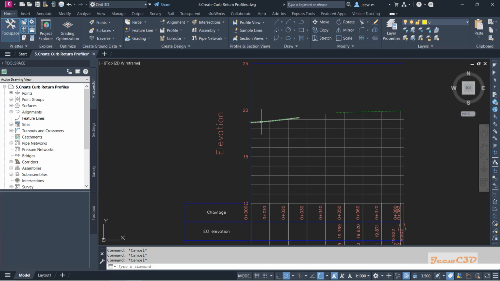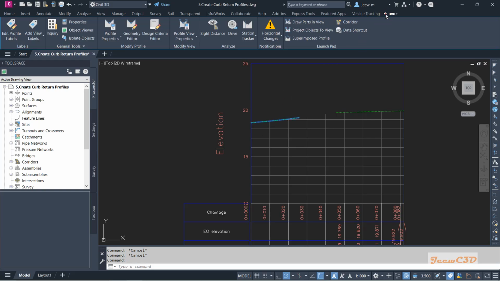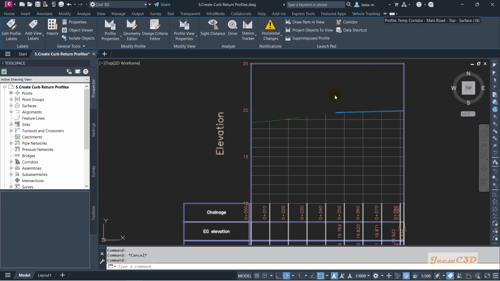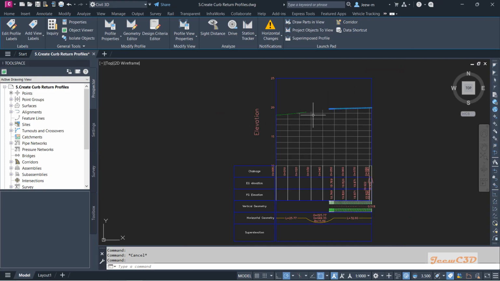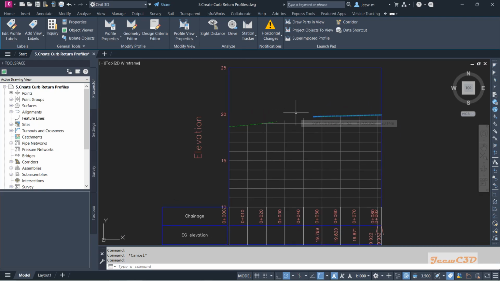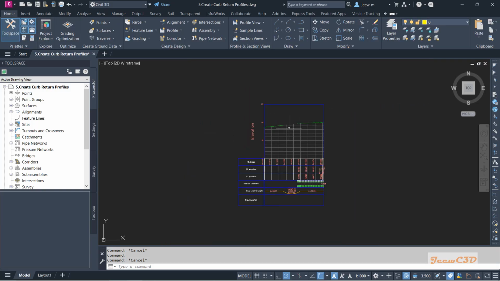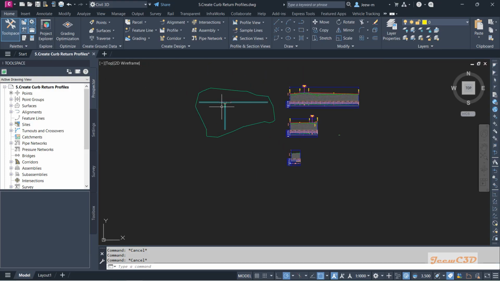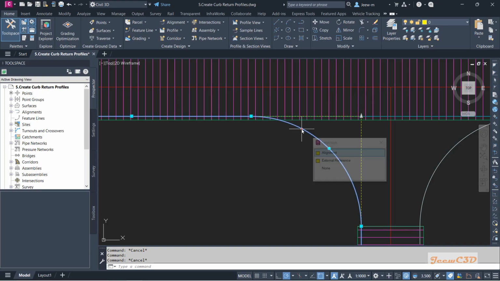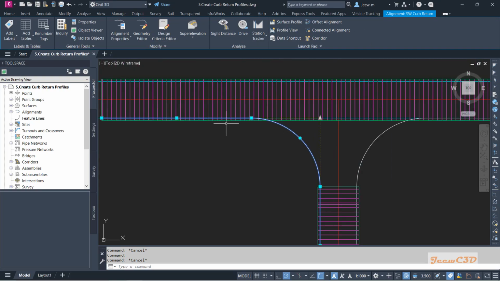This is your secondary road. So if I click here, you will see secondary road because of the start side, and this is my main road. So your secondary road should match with the secondary road, and main road should match with the curb return at the start and at the end. And for the middle area you can modify it. First we need to mark from which point we can modify the profile. So you know, if I click here up to this point,